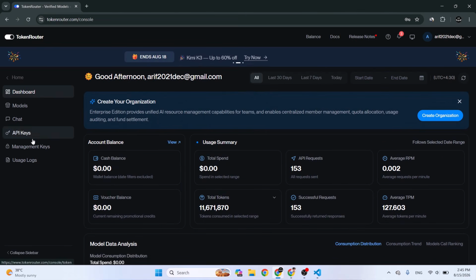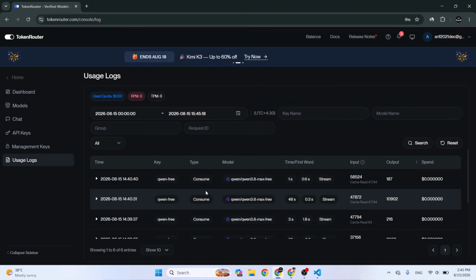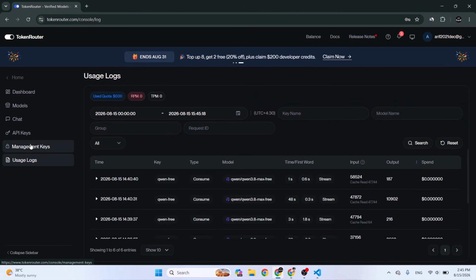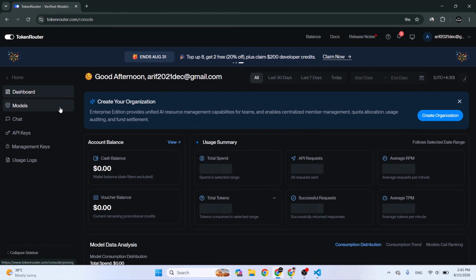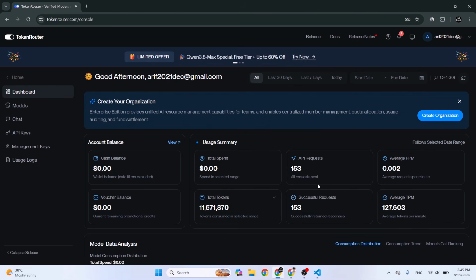So that's Qwen 3.8 through TokenRouter. Qwen has opened up the weights, and now developers have another way to experiment with this massive model without having to